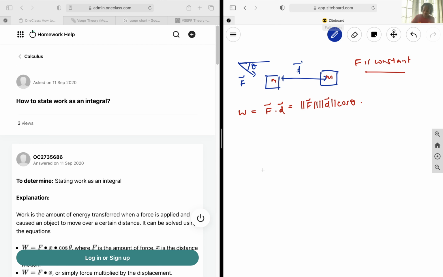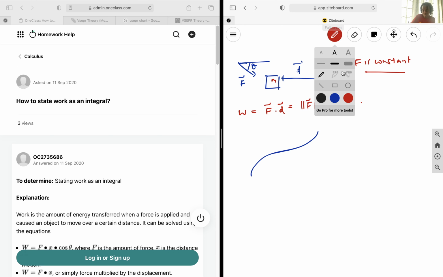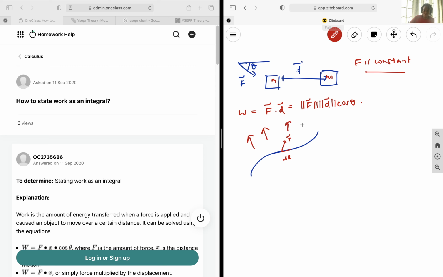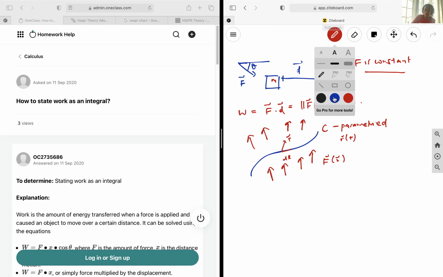And so a good way to imagine this is take an object moving along path C, and for this very short part of this path, it moves dl, and the vector tangent to it is going to be T, and it is moving in a vector field F. So it is moving along path C that is parametrized or described by r of t, and moving through this vector field of F that is also going to be dependent on r. In this case, the work done over this very small part